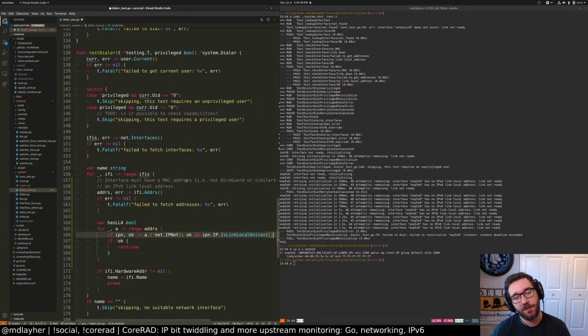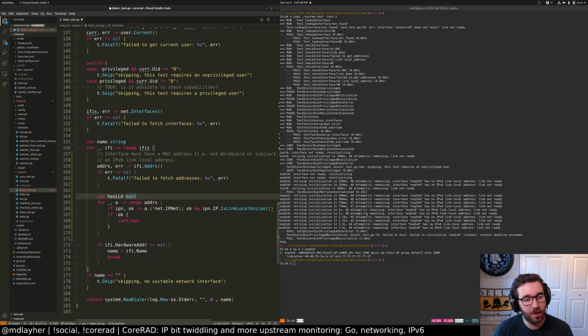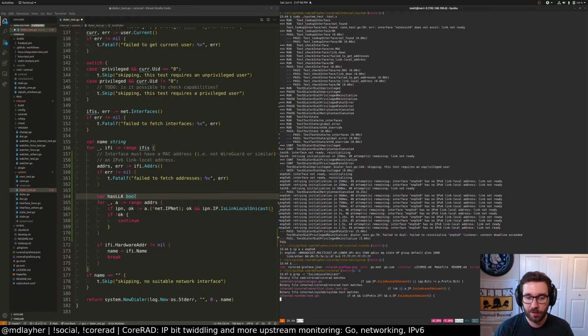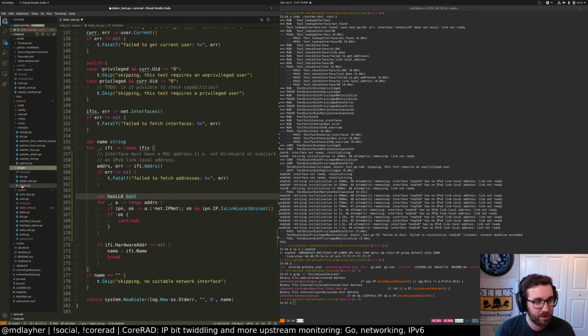Oh gosh, I need to check for v6ness. Okay, we're pulling in netaddr. I'm not dealing with this. Actually, I think I have code that does exactly this, somewhere else in the code base. But where? Let's grep for it really quick. Just link local unicast. Plugin. Yes, I think the plugin code does exactly this actually. So we can steal some code we've already written. So that's good.